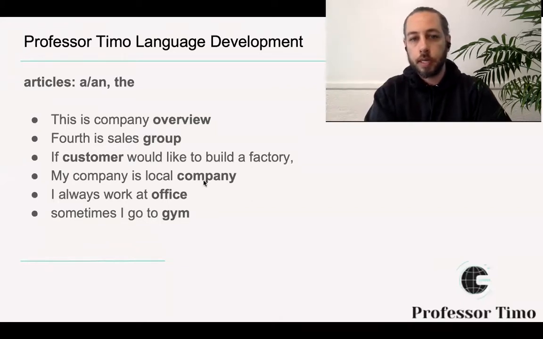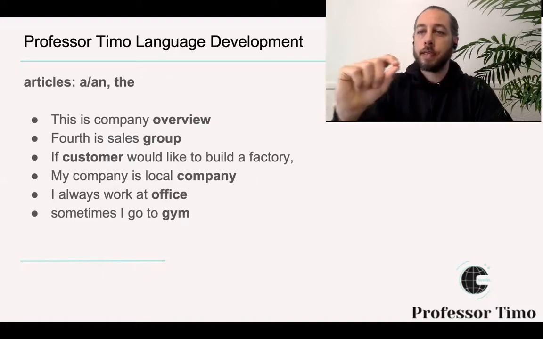So here in the next one, we've got the word company again. So the phrase will be, my company is a local company. A local company. So the word a goes along with company. My company is a local company. So you'll notice that we connect the a to the word that precedes it, is a. So repeat that phrase after me. My company is a local company.